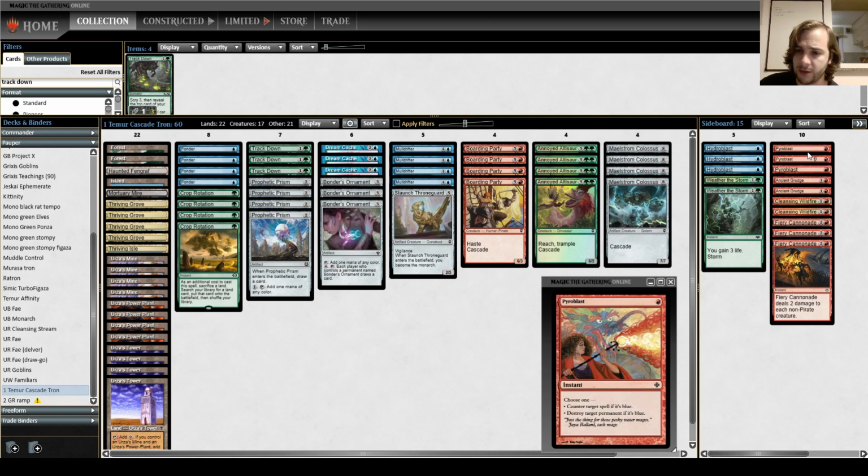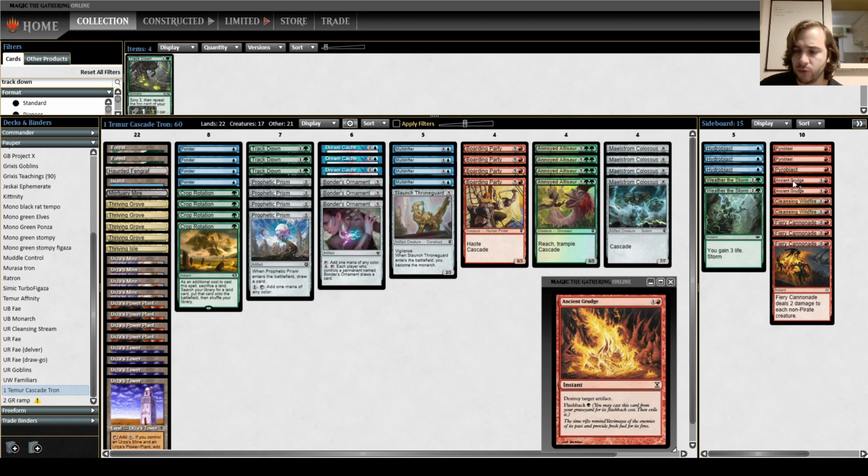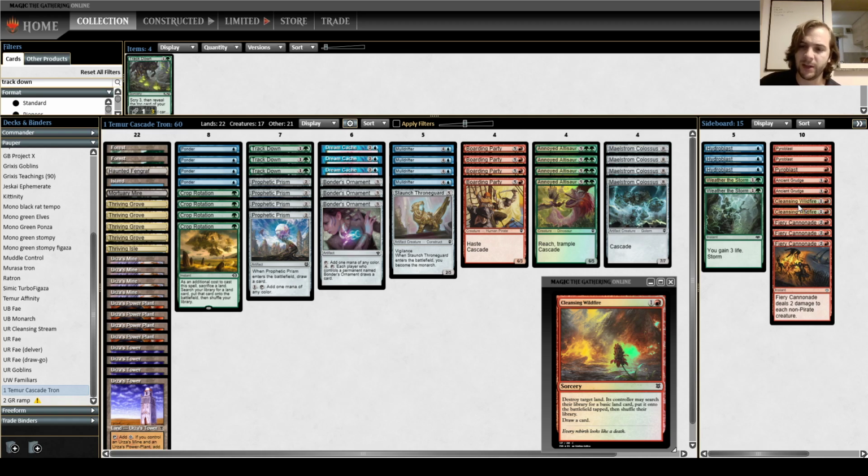Then the sideboard is just good stuff. We have Pyroblast for blue decks, Hydroblast for red decks, Wear the Storm, which works actually pretty good when you cascade into it, since you are going to get at least 2 copies of Wear the Storm. Then we have Ancient Grudge, which we can actually cast very easily both halves of it. Cleansing Wildfire, which is pretty good against Tron. We could actually go for other land destruction spells, but I like this one because it draws a card, so it helps